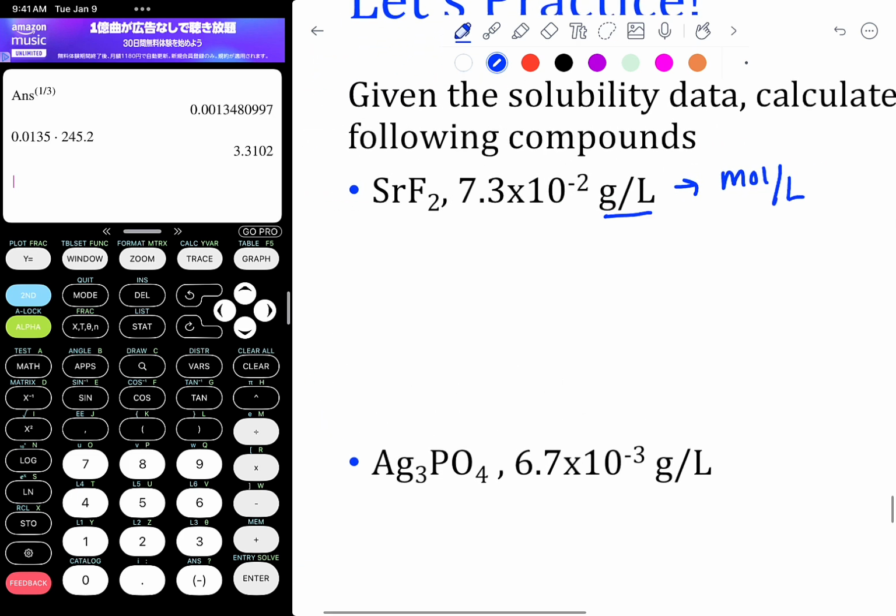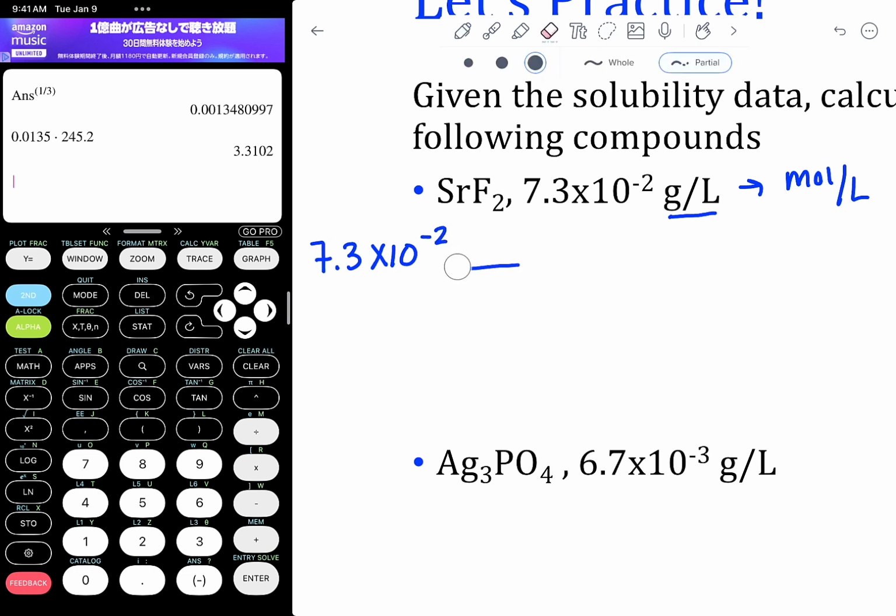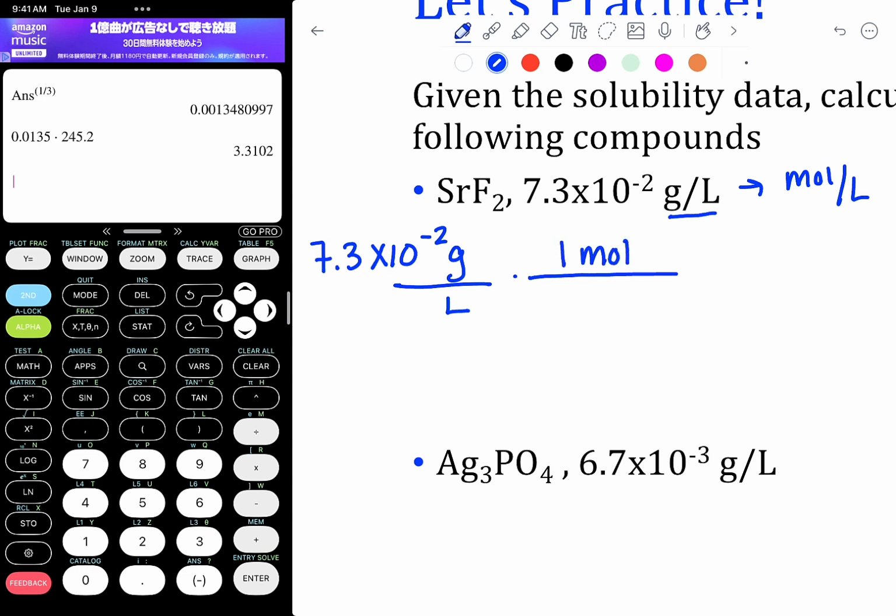So let's do that. We want to take this 7.3 times 10 to the minus 2, and we want to convert that. Here, let's put some units on that. This is in grams per liter. We want to convert that to moles. So we want to have 1 mole on top and our molar mass on the bottom. The molar mass for strontium fluoride is